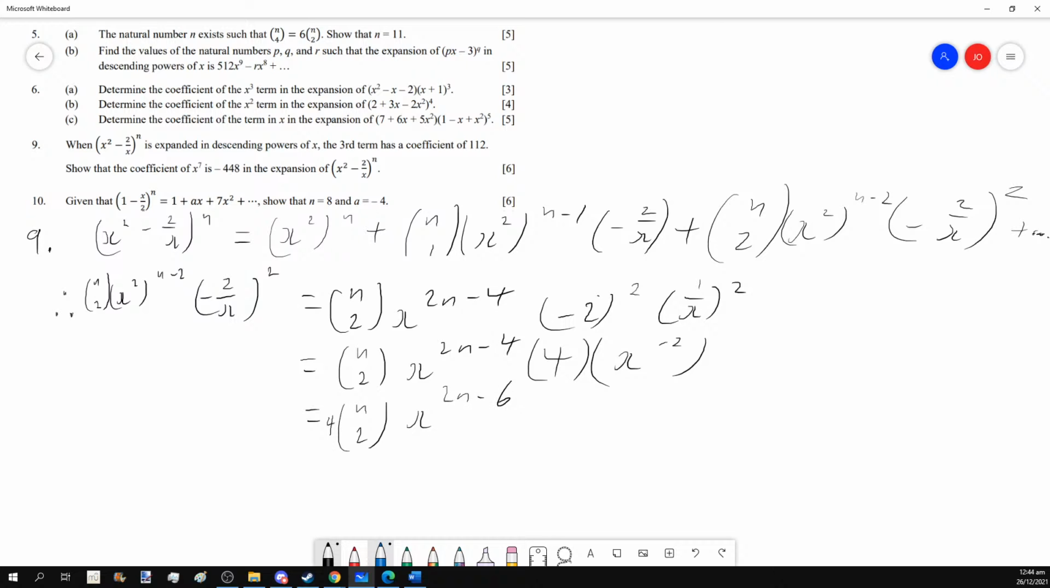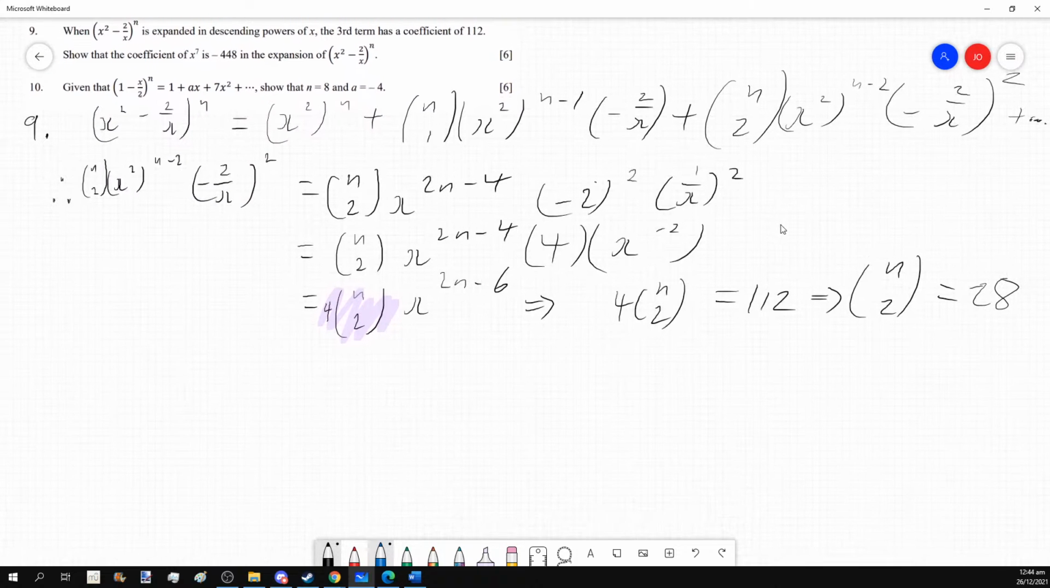Like so. And this implies that n choose 2, which is the coefficient, will be equal to 112. This further can be simplified to give us n choose 2 equals 28. So far so good. So once I have n choose 2 equals 28, we can go on to find